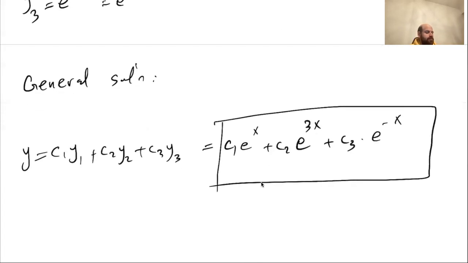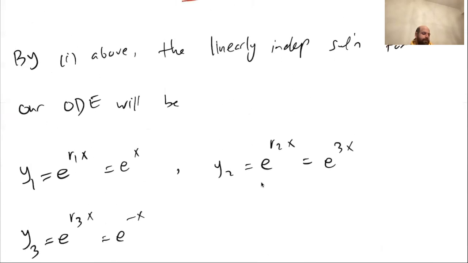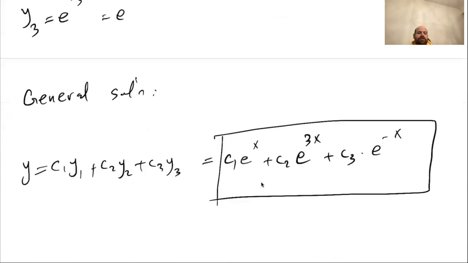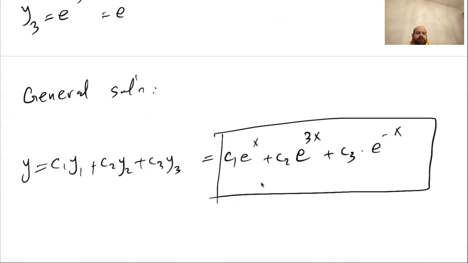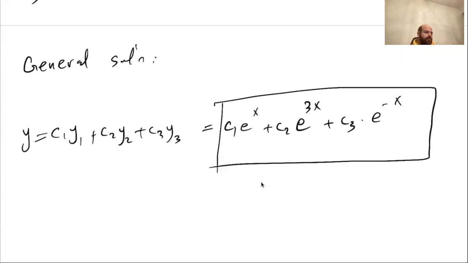This is the general solution. We found y1, y2, y3, three linearly independent solutions, and then the general solution with c1 y1 plus c2 y2 plus c3 y3. So that's the solution for part A. We found the general solution for our ODE. And in part B, if you want to find c1, c2, c3,